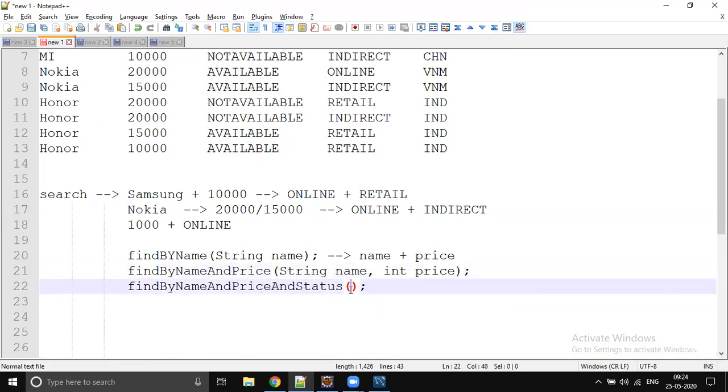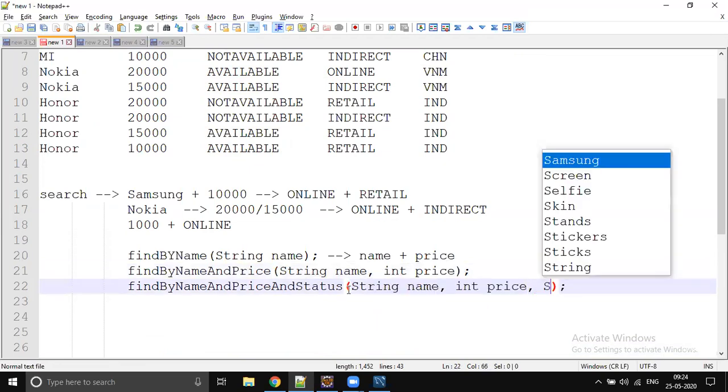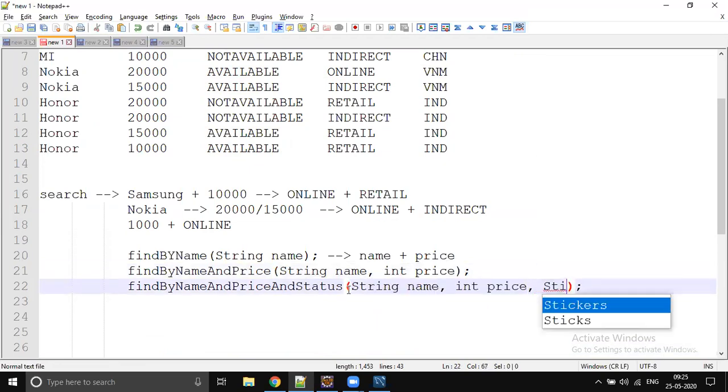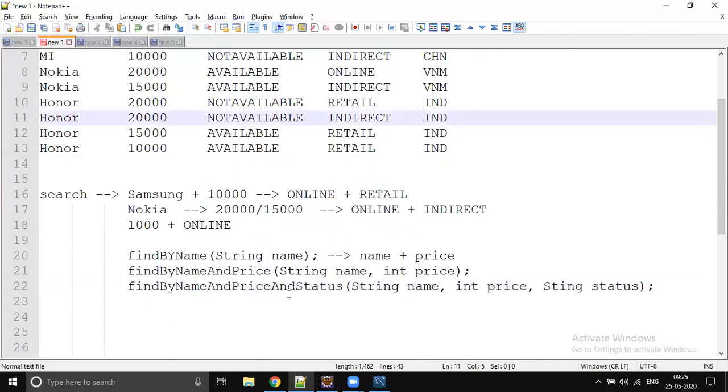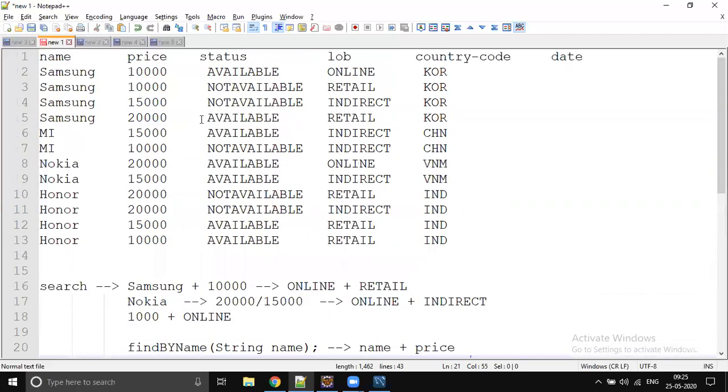Okay, so it's fine. But this is a huge blender, right? Why? Because how can you expect all three parameters all the time? There might be some chance where the customer does a search with name and status only, right? You're restricting that name and price should be sent, but the customer doesn't bother about price, like a rich customer, right? For a rich customer, price doesn't matter.